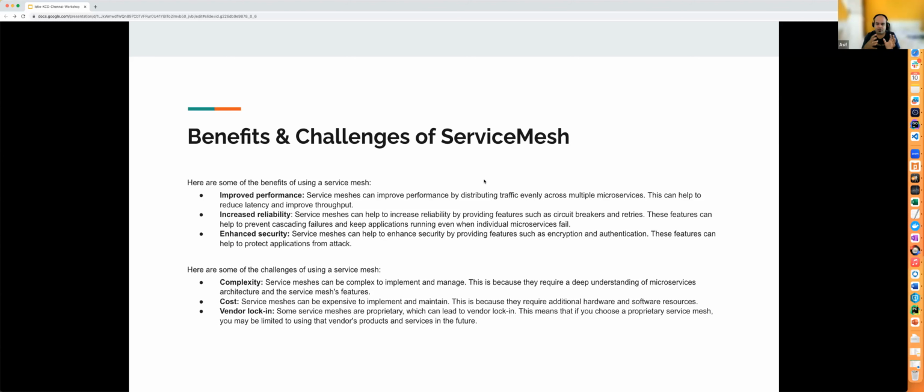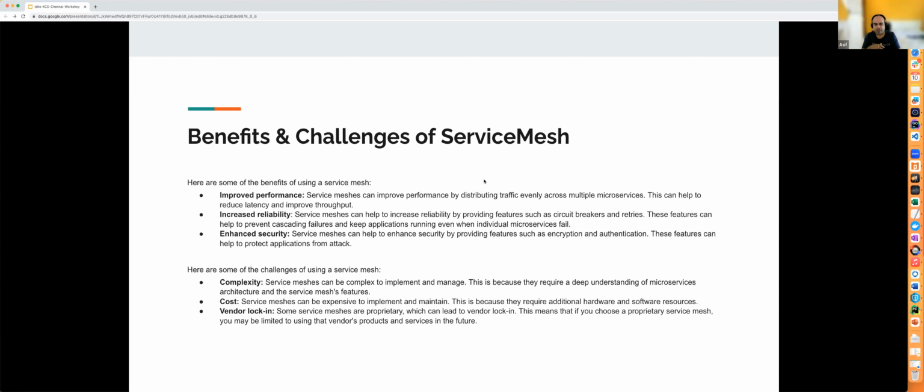So this brought in some complexity, but the good thing was this complexity was the same across the complete microservice. If you have an application with different technology stacks of microservices, the complexity of communicating with each other was just one. If you identify how to configure the service mesh, it's done. So the complexity was there, but it was not that great. And the cost, obviously, because with each of your microservices there will be one more container running, and you need to maintain these containers. So it associates cost in terms of resources and everything.